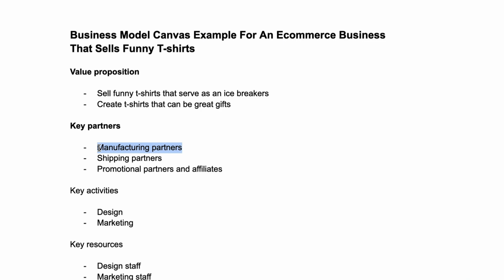Now, key partners for this business, certainly you need manufacturing partners. Or if you have a different kind of e-commerce business and you get your products in a different way, you still need those partners who actually create the product. Sometimes you can manufacture the products in-house, and sometimes you can outsource it or buy it externally. Obviously, if you manufacture in-house, you don't need a manufacturing partner, but nevertheless, you still have partners in that sense because you need the materials. So you need to get some partners to provide you the materials so you can manufacture. Then, of course, there are shipping partners, and perhaps you have marketing partners like influencers who may promote the t-shirts.